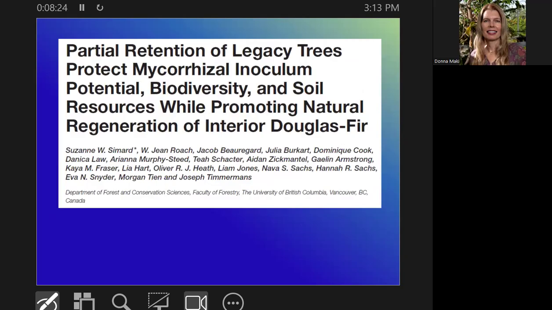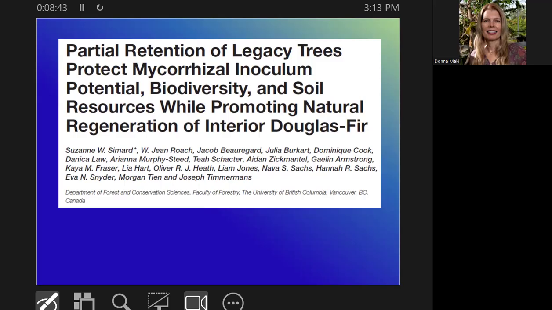But I wanted to talk about this too. This is another forestry study done by Samard's group, done in 2021, so fairly recent. I was so happy to see that this was being looked at, where again, they're looking at